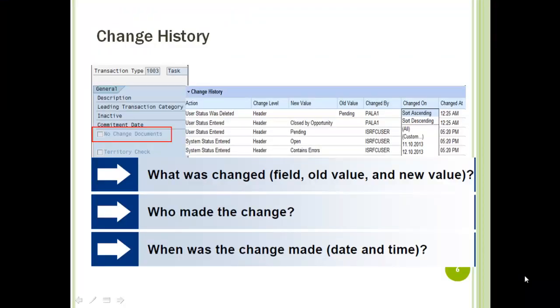SAP has provided a beautiful and useful feature of change history via which we can see the audit log of any transaction. So for setting the change history, we have to make sure that we don't check this checkbox of no change documents. And if this is done, then we can, in the web UI, see an assignment block change history, which contains